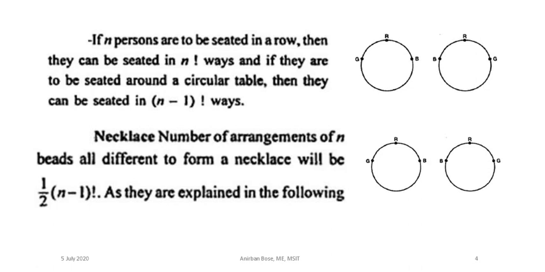When it is about the arrangement of persons sitting along a circular path, you will do (n minus 1) factorial, no problem. But when the question is about forming a necklace, or making a garland with the help of flowers, remember, that number will be half, because if you consider a necklace or a garland, clockwise and anti-clockwise do not mean anything, because you just think of one necklace.